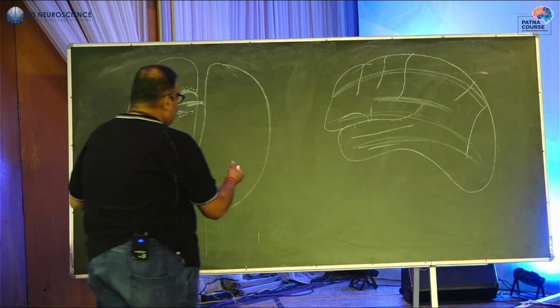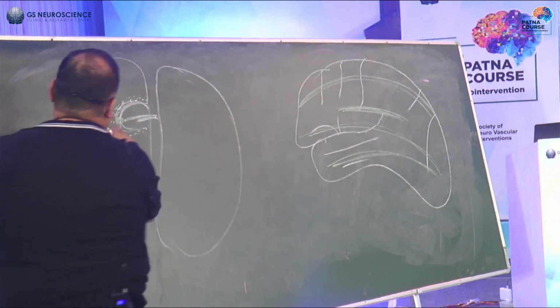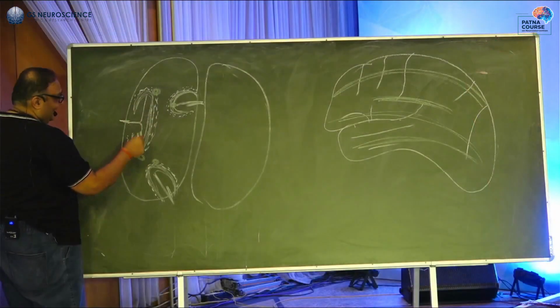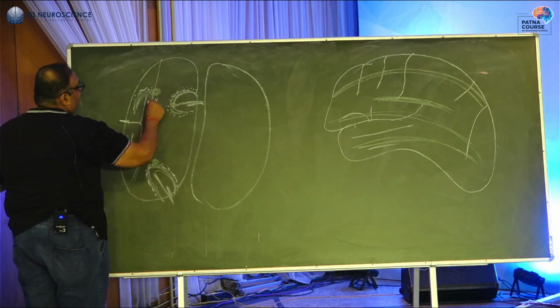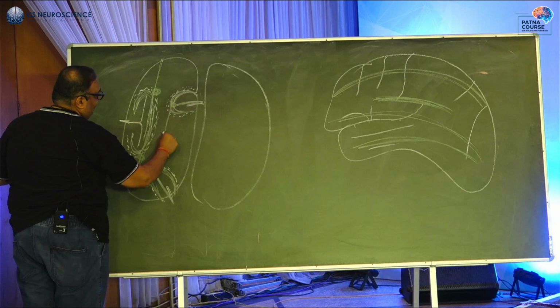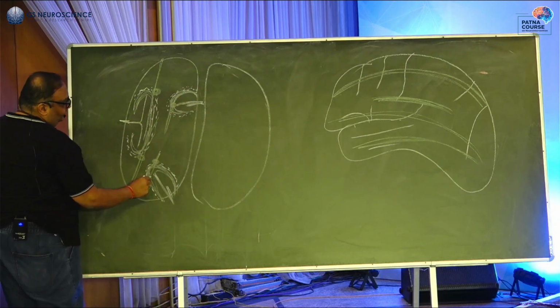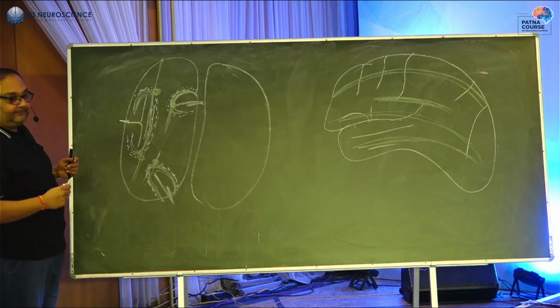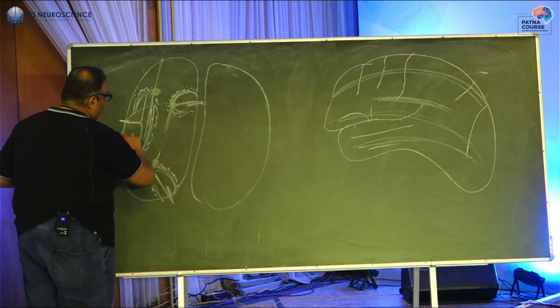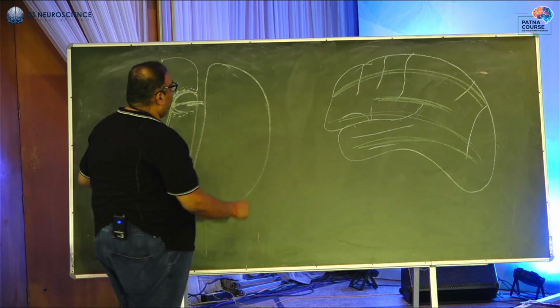In the next stage, when we come back to the coronal orientation, to the axial orientation, we have these bundles, and we have these bundles. Two bundles are medially located, two bundles are laterally located. If you were to join these, this is what forms